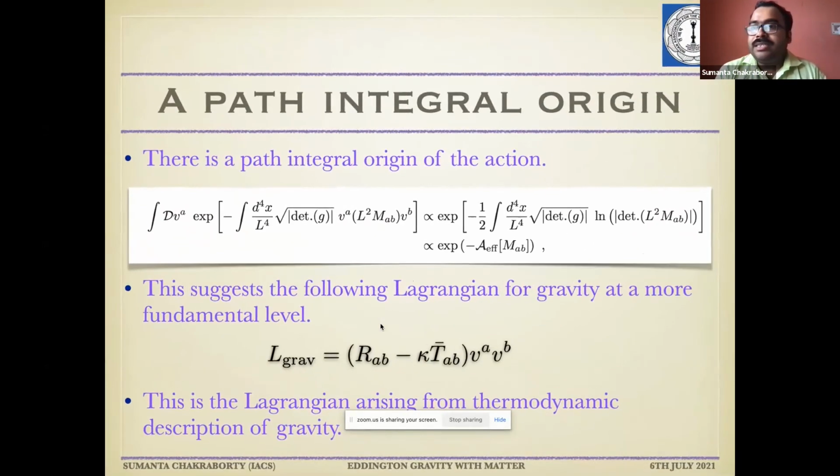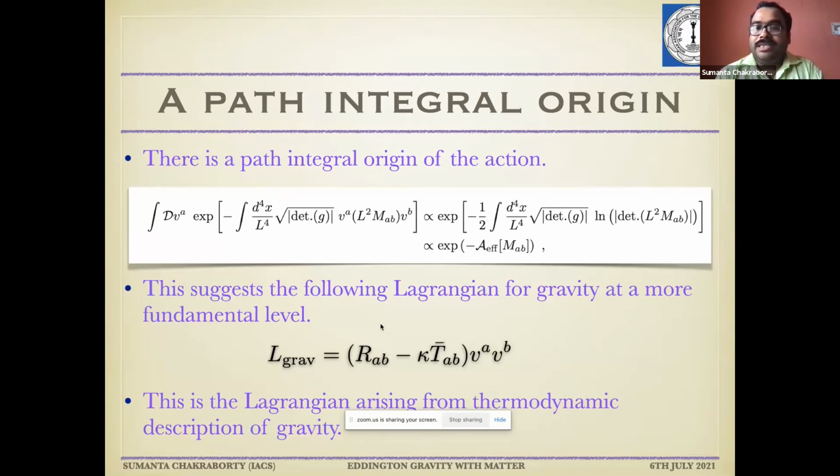So here I provide a path integral origin of this action principle as advocated at the beginning. So we had this tensor M_AB, which is R_AB minus kappa T bar_AB, and we multiply it with two vector fields, V^A and V^B. Then we have a few degrees of freedom in our system, which includes gamma, g, psi. I mean, g and psi should not be considered as degrees of freedom because we are not varying them. But V^A, of course, can be thought of as a degree of freedom. And then if we want to eliminate all those vector degrees of freedom, because ultimately we do not want an action with an arbitrary vector field hanging around, then we should integrate out over all those vector fields.